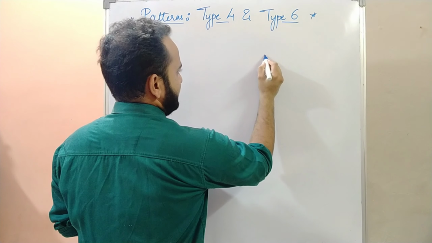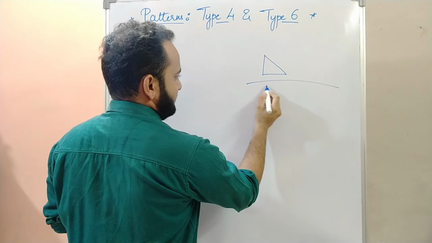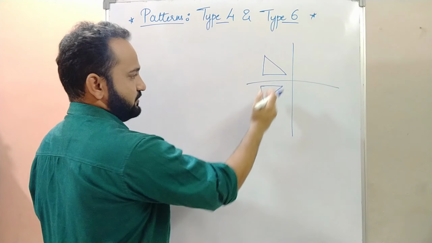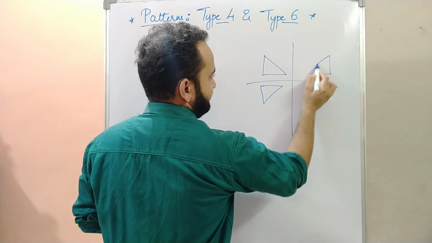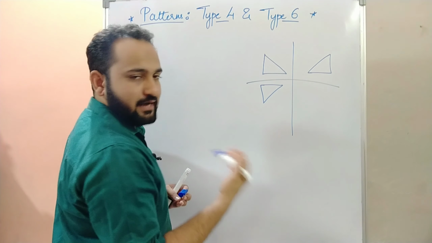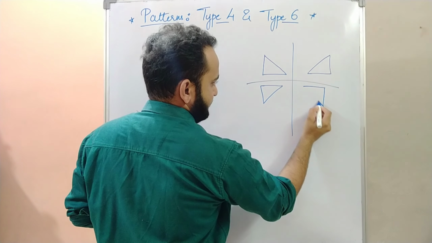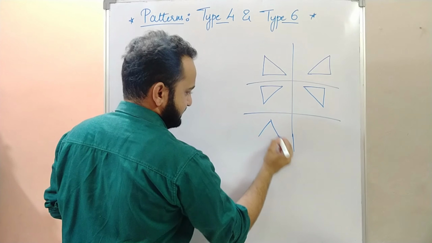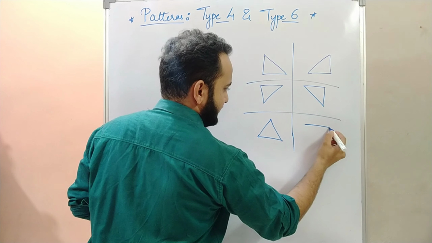The basic alignment, remember, this was our basic alignment. The second type of alignment was the invert image, you can say invert of your basic. Type 3 was this one, right? And type 4 now will be this one. With this, there are two more. One is pyramid, and the last one, type 6, will be what?